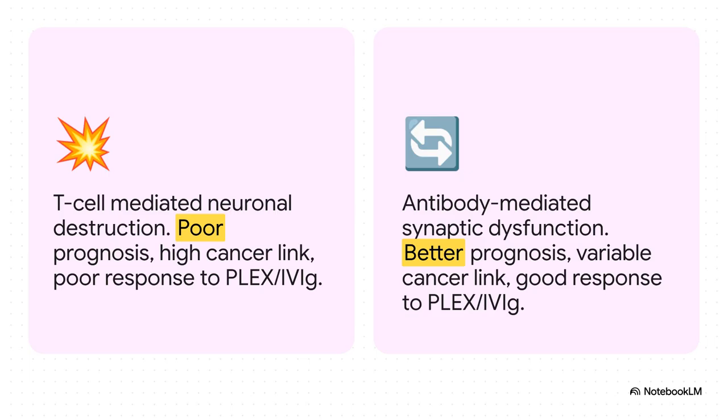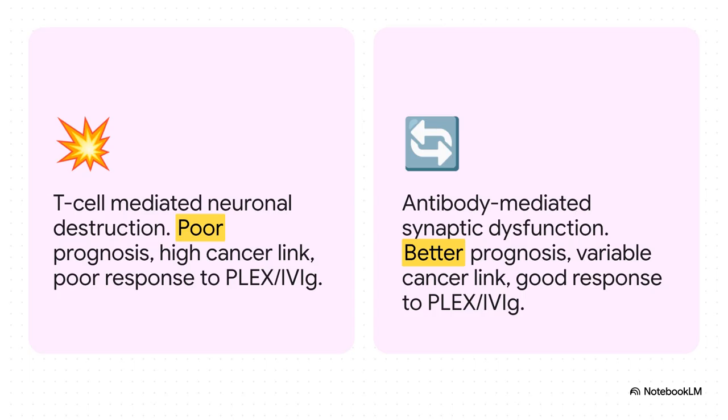Okay, this slide right here is probably the most important concept in this entire talk. If you get this, everything else about AE will click into place. We divide these diseases based on one simple thing, the location of the target antigen. In Group I, the antibodies are going after proteins inside the neuron, things like anti-Hu or anti-Yo. Now, the antibody itself can't get inside the cell to do damage. Instead, think of it as a flare, a signal. It's basically telling the immune system that an internal protein, maybe from a tumor cell that looks like a neuron,